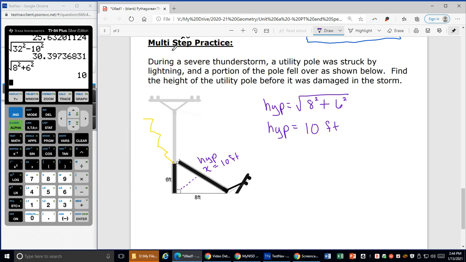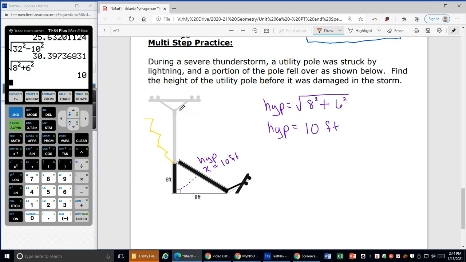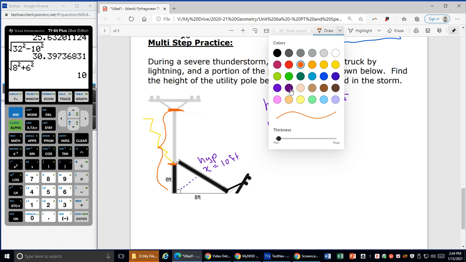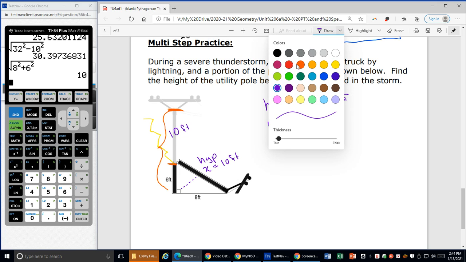Now, notice it said this was a multi-step practice problem. So that means I'm not done, because it even told me I'm going to have to do something else. I know I'm trying to find out how tall the whole pole was. How far was it up to here? How tall was the whole thing? Well, I know I've got 6 feet from the ground to here, and I know the part that broke off was 10 feet. So I can use that information to find out how tall the whole pole was, the entire telephone pole,